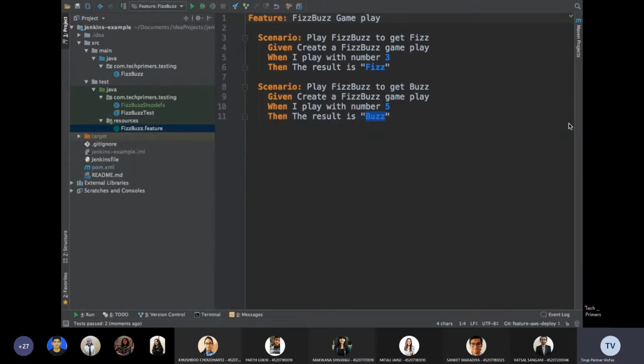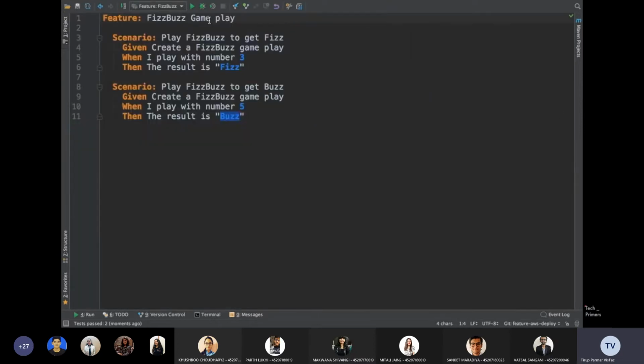Now the business comes and says, I'll show you a typical example of how the business will be able to understand this. So they know that, okay, this is your feature file. Now they come and say, I need to add a new scenario saying, when I provide a number 15, which is a multiple of both 3 and 5, it should return fizzbuzz. So the BA or